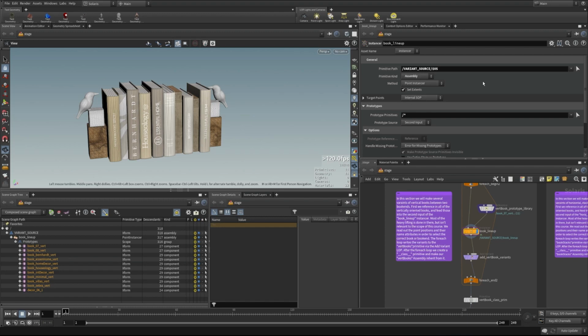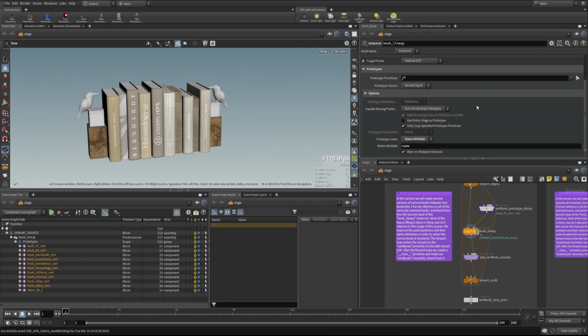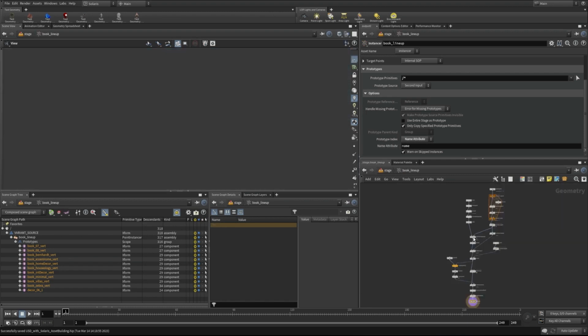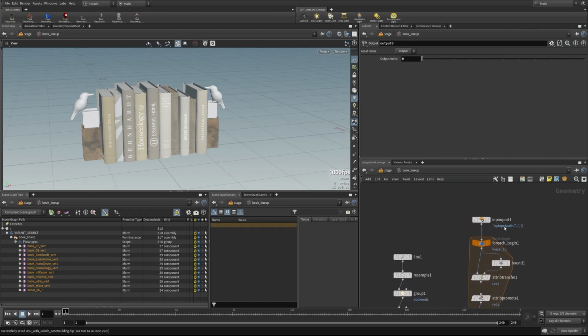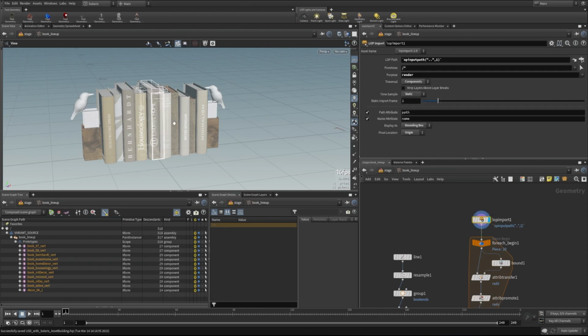And then the target points are coming from our internal network here. What we're doing is selecting the prototypes that are coming in here based on a name attribute. So if we go inside of this, we'll see that there's a little bit going on here. Basically, from that input, we're creating just a little library of geometry that's coming in,